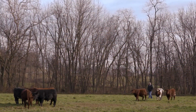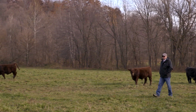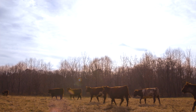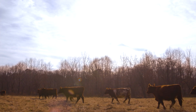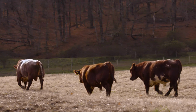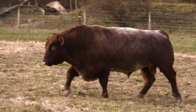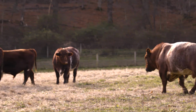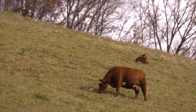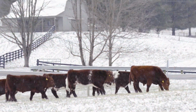Lee Miller and his family started Paint Valley Farms in 2005, and since then the herd has grown to 125 head of Shorthorn and Shorthorn composite cows. A select group of Angus cows are mated to Shorthorn bulls to produce F1 Shorthorn cross Angus seed stock. The Paint Valley breeding program focuses on raising bulls that meet the needs of commercial cattlemen using Shorthorns to produce their own replacement females. Paint Valley Farms was recognized by the Ohio Cattlemen's Association as the 2018 Seed Stock Producer